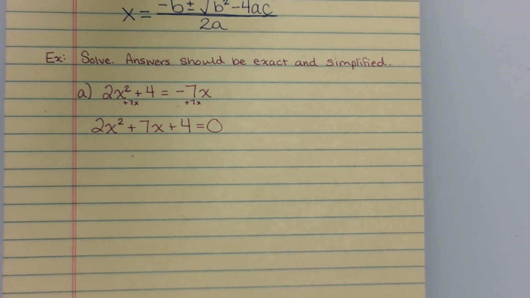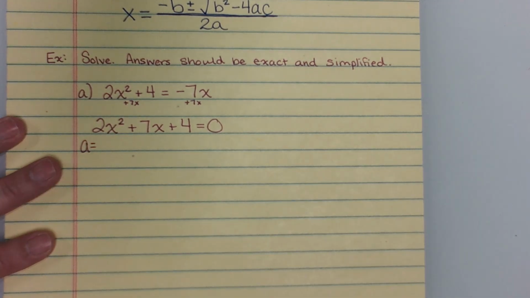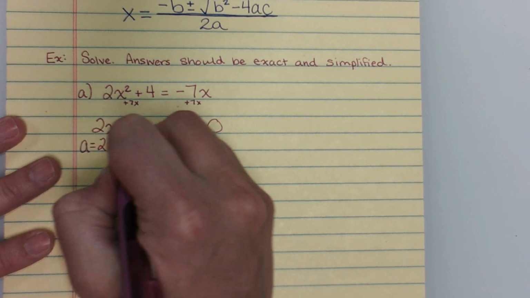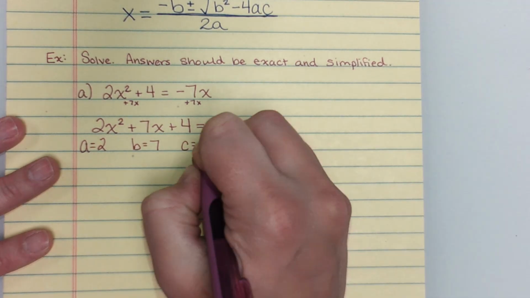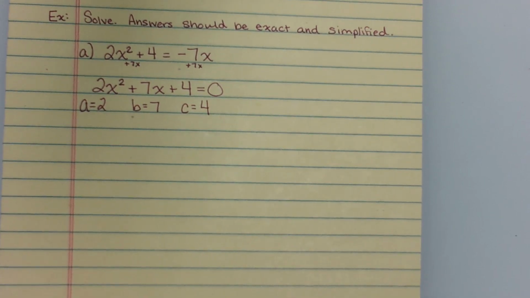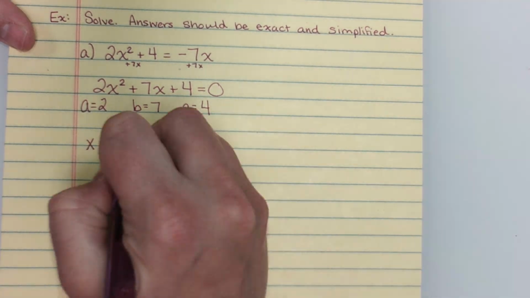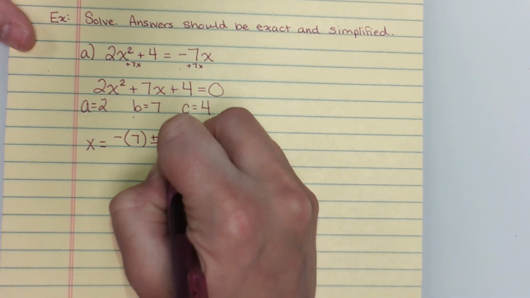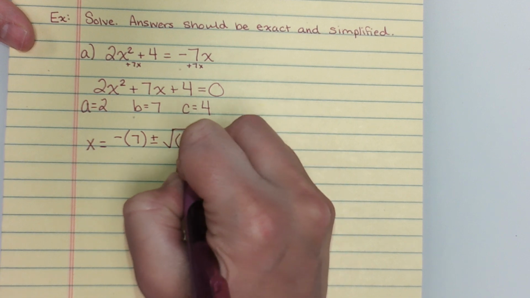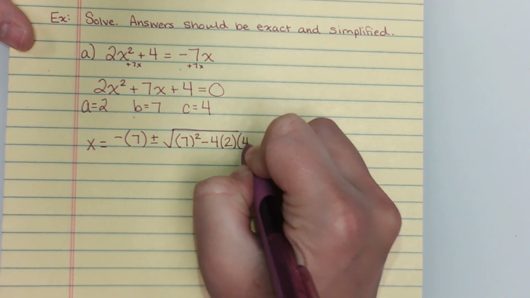So once you get it equal to 0, identify your A, identify your B, identify your C. Be careful of positives and negatives. What's A? 2. What's B? 7. What's C? 4. Perfect. And then you plug into the formula. X equals negative B plus or minus the square root of B squared minus 4 times A times C